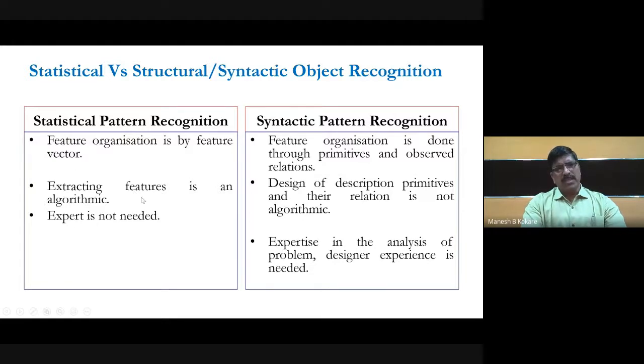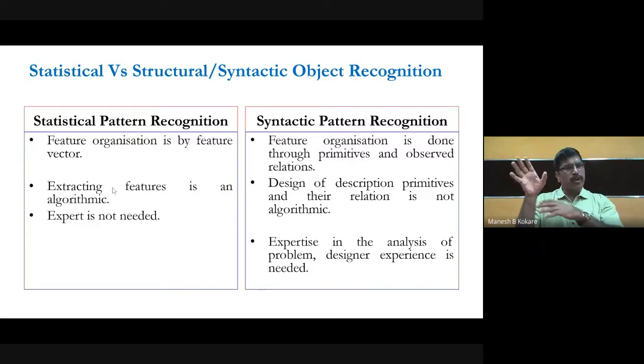Whereas the statistical approach is an algorithmic approach. Like for example, if you are using a wavelet-based approach for object recognition or object classification or texture classification, what will be the algorithm for that? Take the input image, decompose that input image with the help of a standard wavelet for 3 levels.